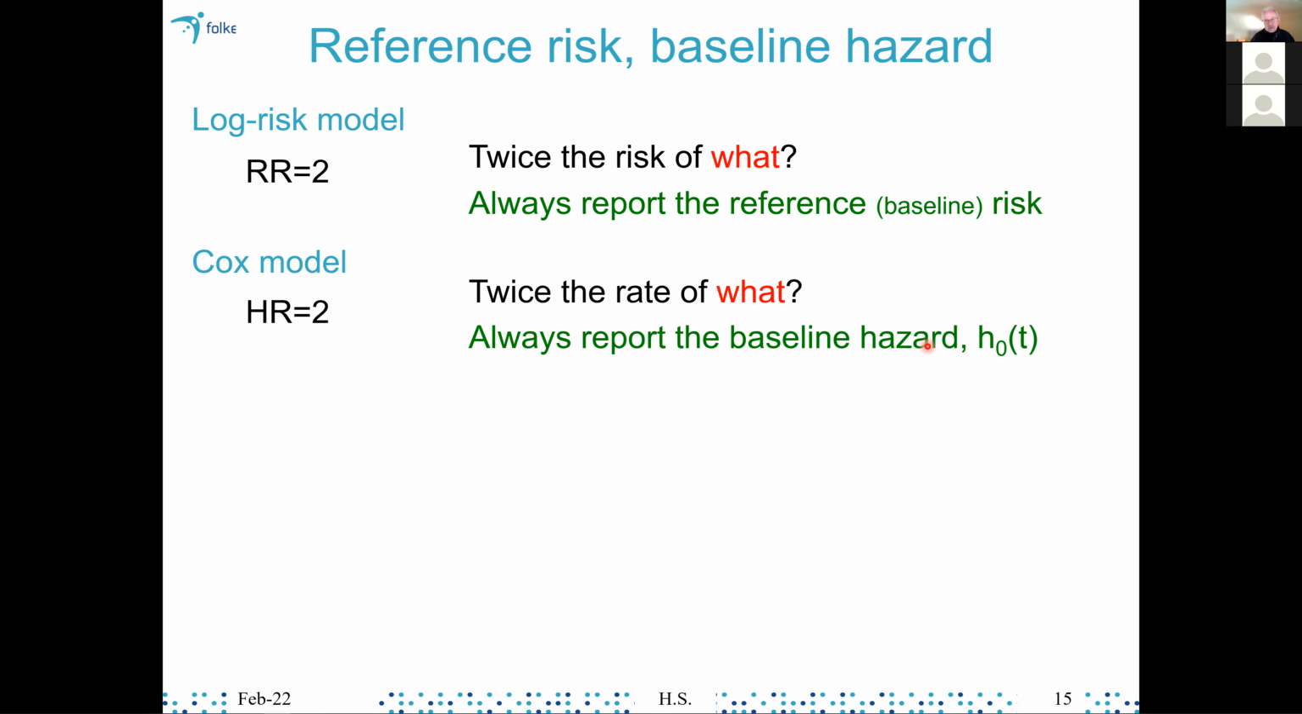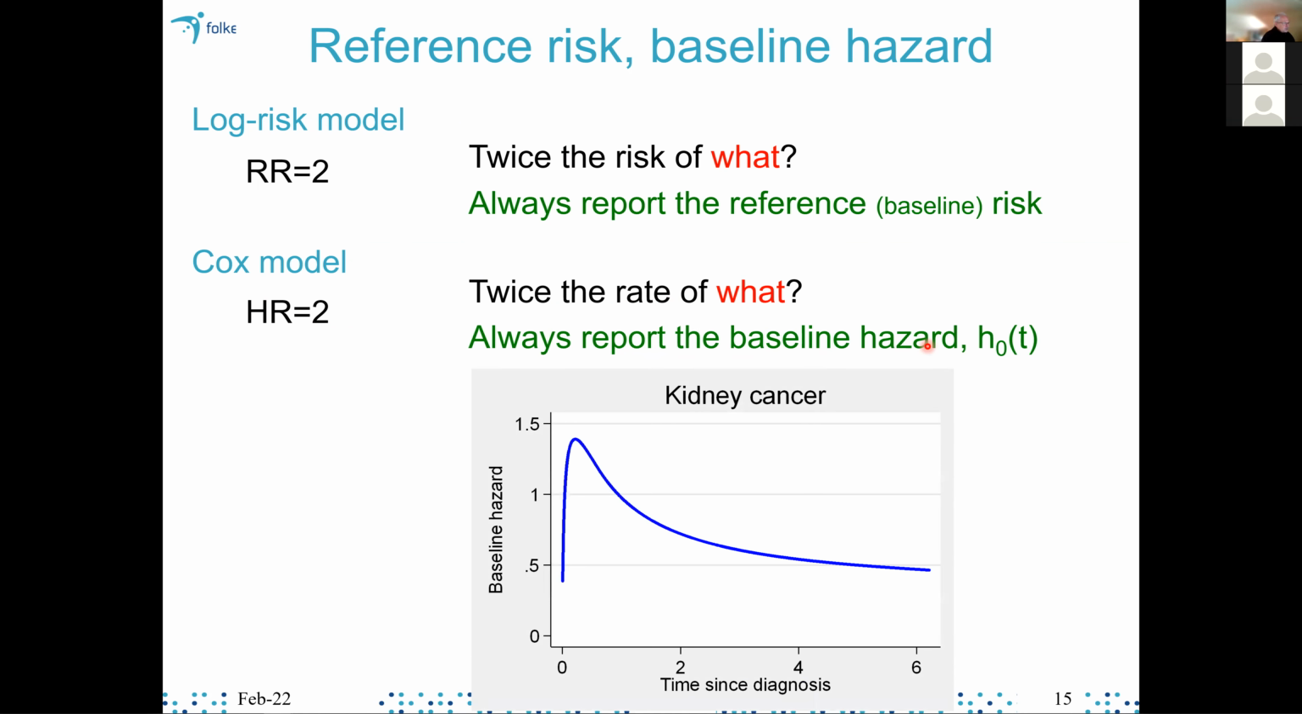Now, since the baseline hazard is conditioned out of the Cox model, it's not so natural to report it, and it's very seldom done, I think. And I think that's a really bad idea. Here is an example of a baseline hazard for the kidney data. This is the follow-up in years since diagnosis, up to 6 years. And this is the hazard. And as you can see from this one,